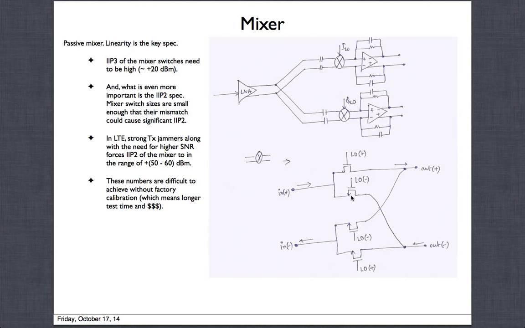Let's say you're designing in 28 nanometer, where the length could be 28 nanometer because you're trying to keep the lengths the smallest, and the width could be, just as an example, 10 micron total width. Many fingers and multiplicity, whatever you have, total. So you have the total width as 10 micron, and the length is say 0.28. Now, with these kind of numbers, it gets turned on heavily, and you're able to meet the IP3 number.